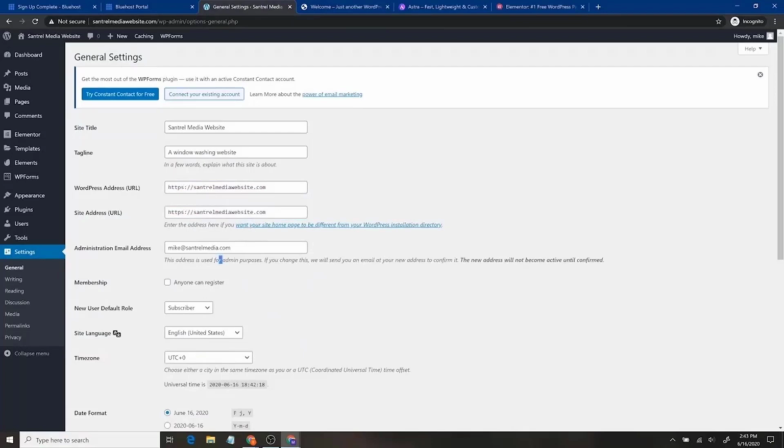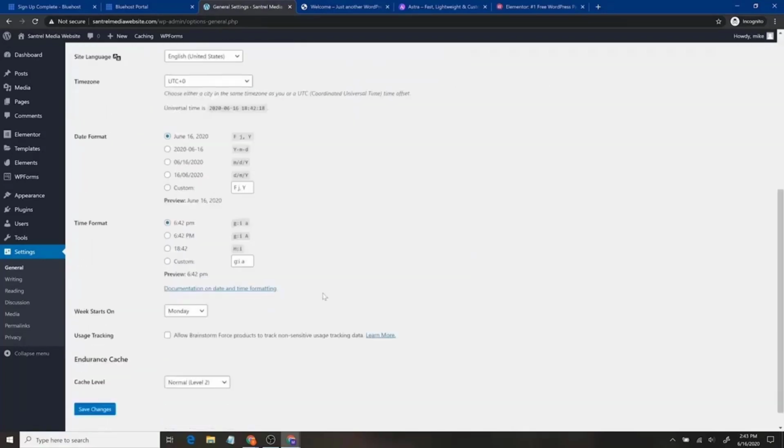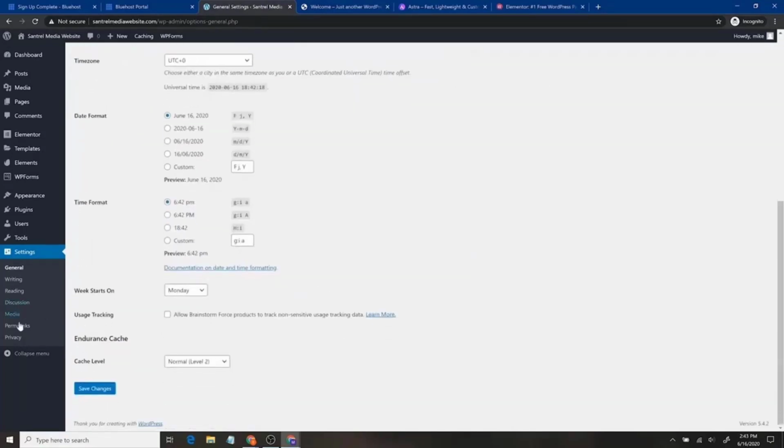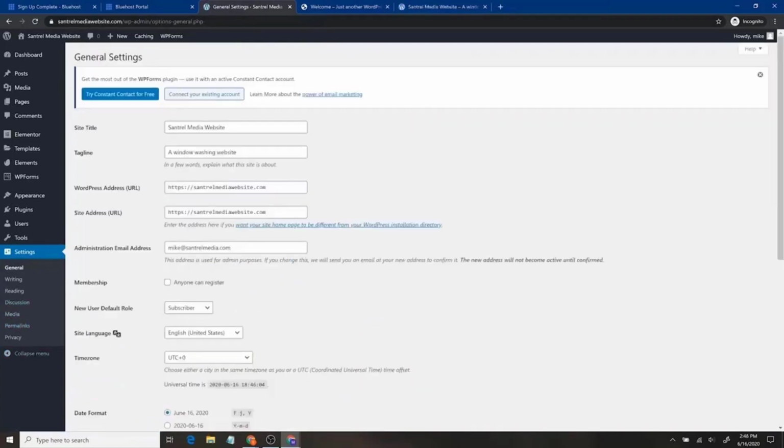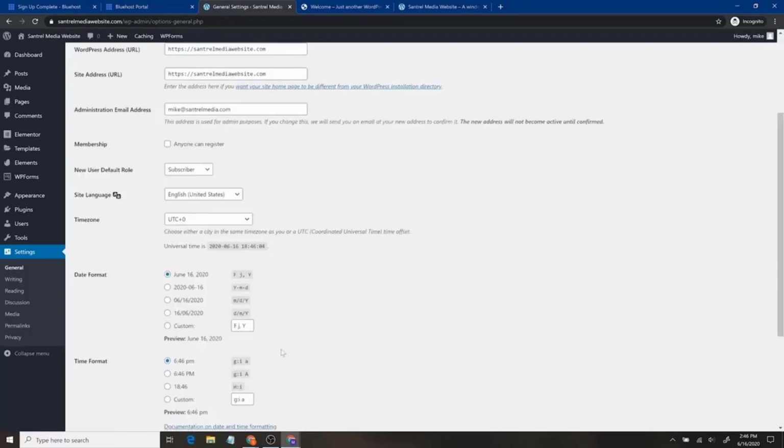And then we can go down and have the admin email. We can change things like the permalinks. So permalinks you'll see on the left side here. So we want to save the changes of this. Click Save Changes. All right, so we changed the website title, tagline, and the URL. When we changed that, it did make us sign back in again. So I did that, and now we can go down here,